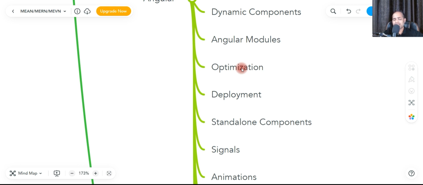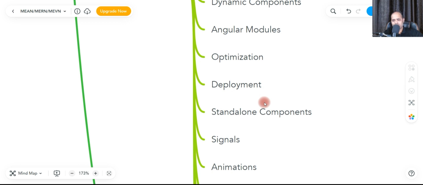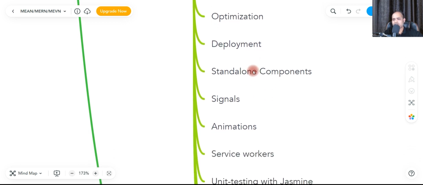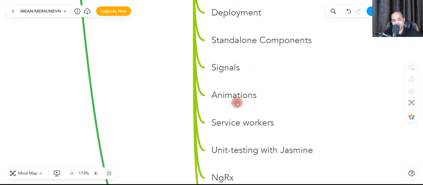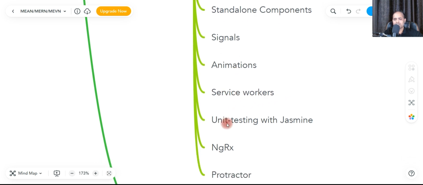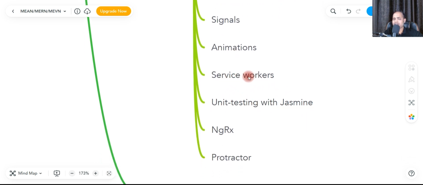So how to make it more optimized using Webpack. Knowledge of Webpack is needed here. Then there is deployment. You can easily do the deployment. Standalone components, signals, and Angular animations are there. Service workers for offline support, and unit testing with Jasmine, like how we did